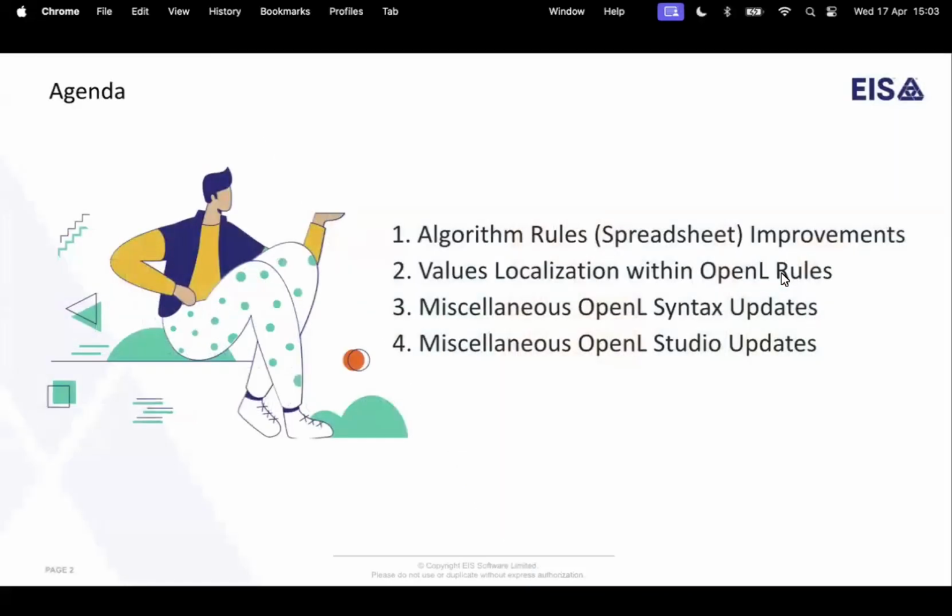We will review only OpenL changes that were done within this period. Genesis improvements will be reviewed in another session. So here we will be concentrating only on OpenL itself. The session will be divided into four